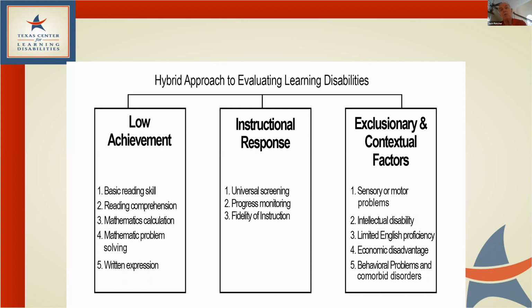If I had a child with autism, because level of intellectual functioning is a very important determinant of the type of intervention that you would do with a child with autism, I would use an IQ test, but I would make a decision about what types of tests that I would use. If I had a concern about limited English proficiency, I would assess this. I would take into account economic disadvantage. I would absolutely do assessments for behavioral problems and comorbid disorders, because there are lots of kids with learning disabilities